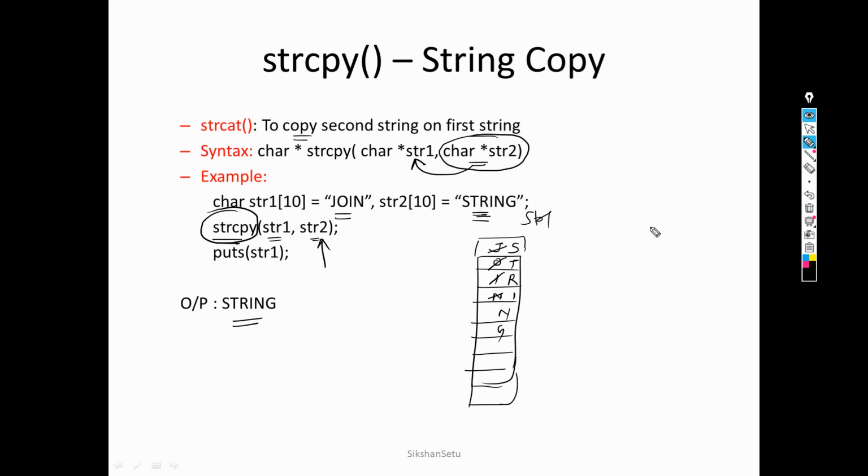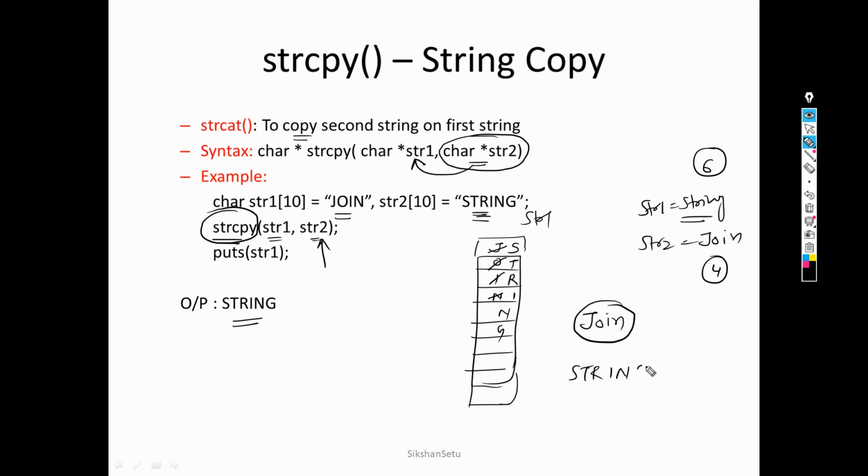Now it may be possible, suppose str1 equals string and str2 equals join, then what will be the output? Because here we have 6 characters, here we have 4 characters. So here also the answer will be join.